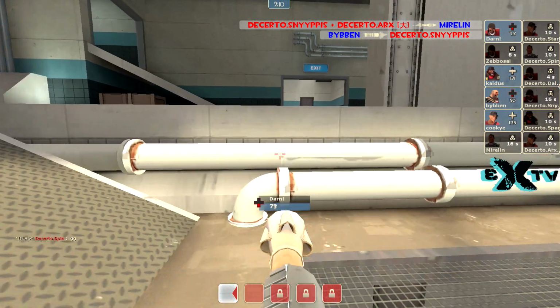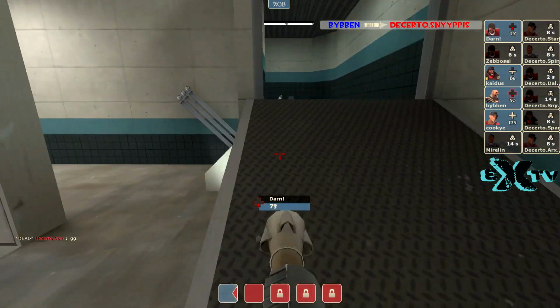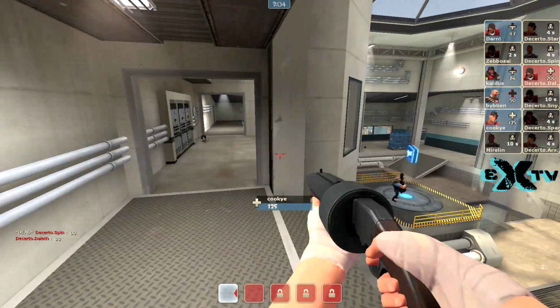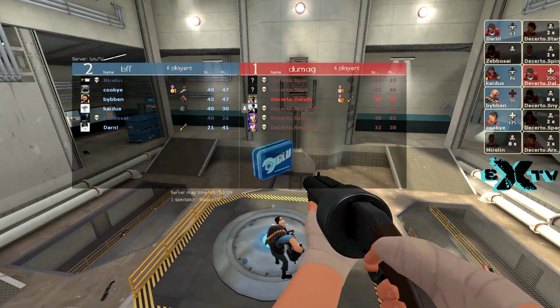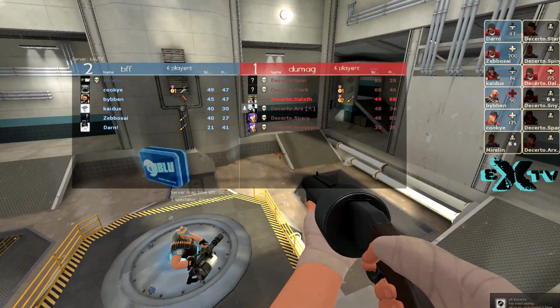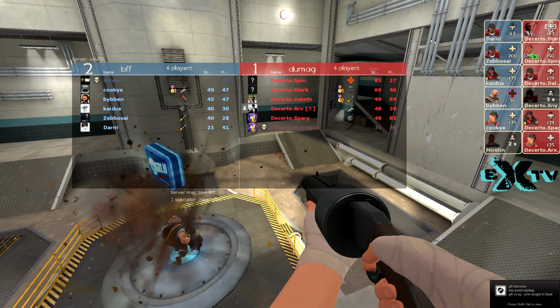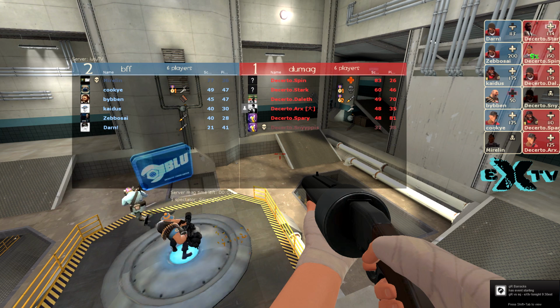Yep, and GG is called out. Nice try by Decerto with that Kritzkrieg. But Darn, flanking around, kills the demo man, Spari, and stops any attempt at a capture there. So time is going to expire here, but make sure to tune in for the second part, the second map